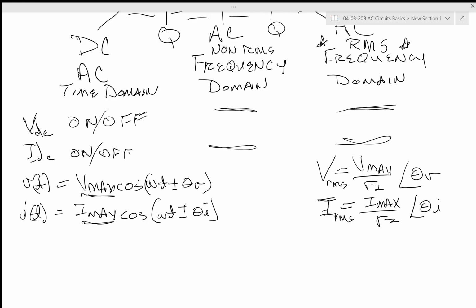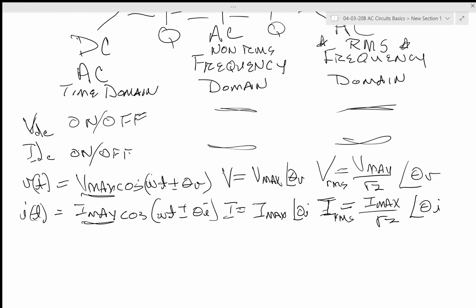If you're just going to stay in the non-RMS frequency domain, then V non-RMS is just Vmax angle theta V, and I non-RMS is just Imax angle theta I. We'll get into this a little bit deeper here in a little bit, but first I just want to kind of go over AC frequency domain, RMS frequency domain. And